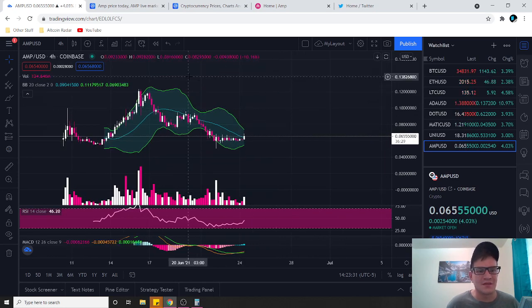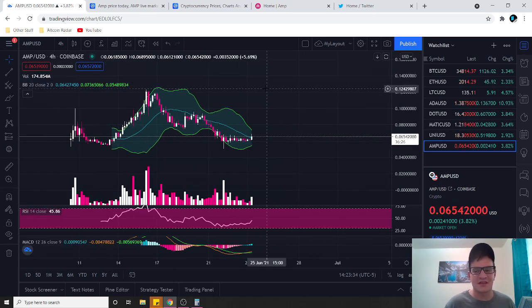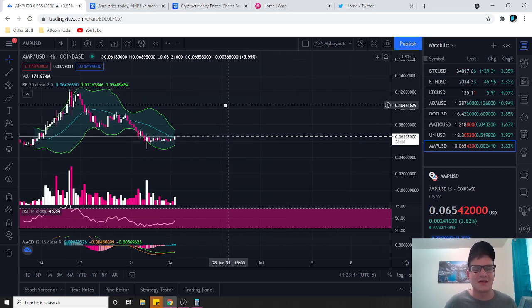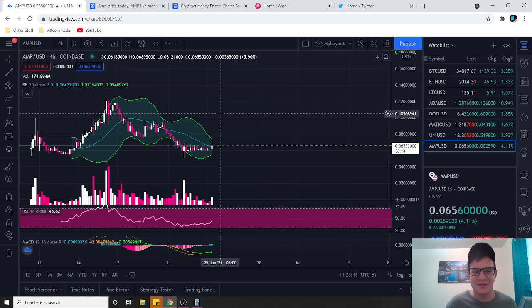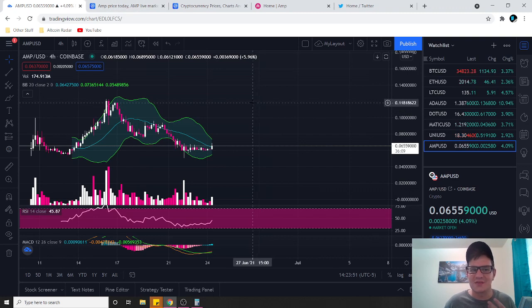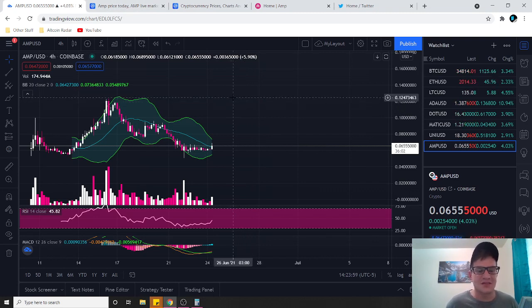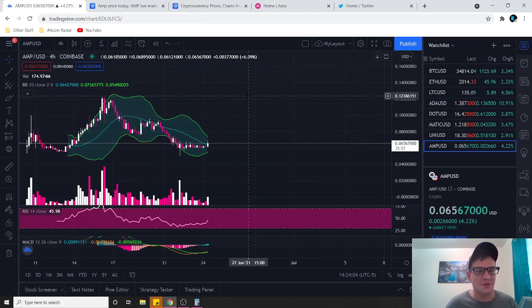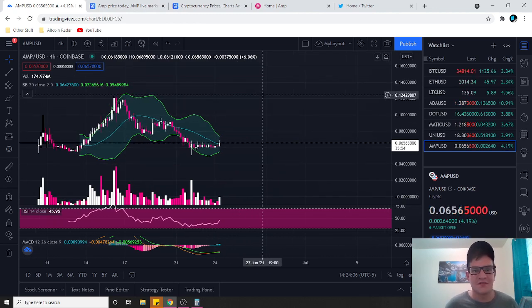So that pretty much does it for short-term price action. As far as that goes, you guys, just keep in mind that when you're trading in general, you got to have a good plan. You got to know if you're trying to get long-term profits or you want to try to do short-term. Like I said, I'm not very experienced with short-term type stuff. I'm more proficient with long-term type stuff. And to me, AMP looks like a great long-term investment personally. So that is my price prediction for AMP, and I hope it was sufficient enough for you guys.